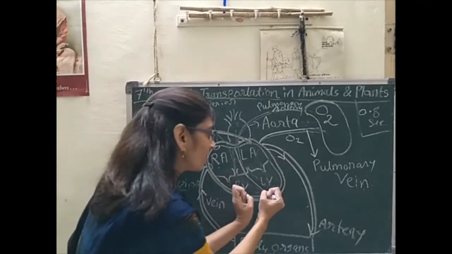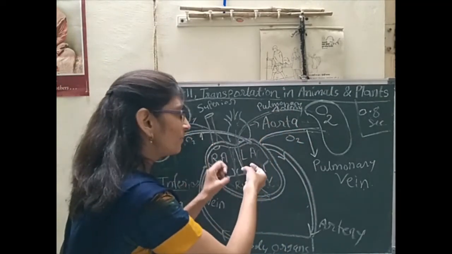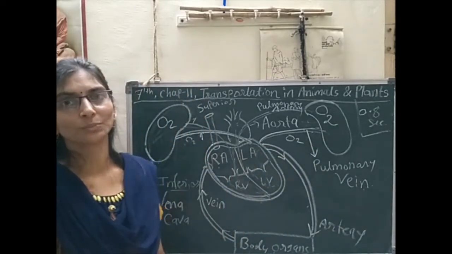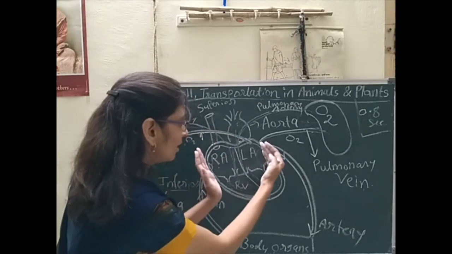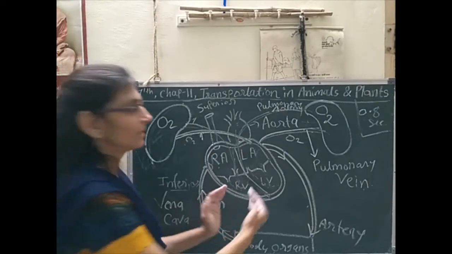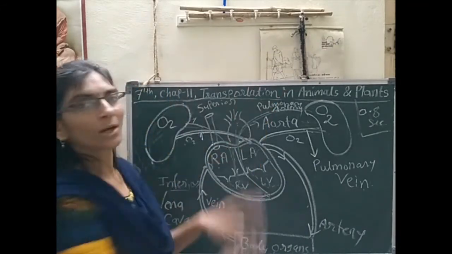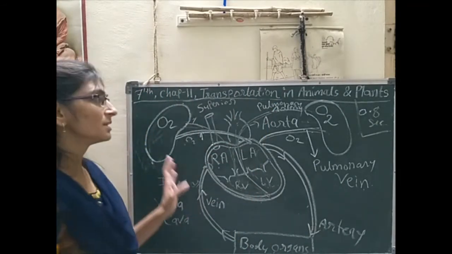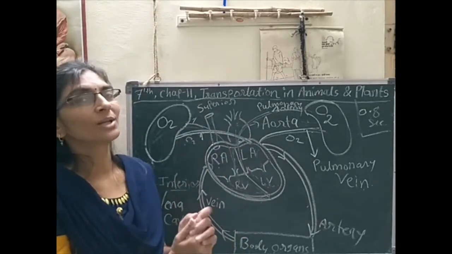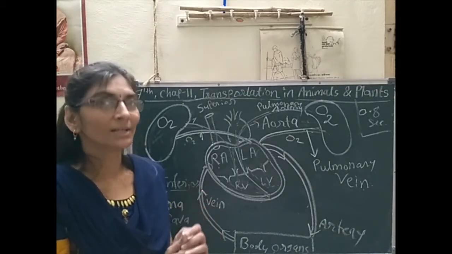As the ventricle contracts, the blood is pumped out of the heart, and at the time of receiving, that portion is relaxed. The same thing happens here also. The atrium contracts, then the blood is poured into the ventricle, and at that time the ventricles are relaxed. When the ventricle contracts, the blood is pumped out of the heart. So this is the double circulation. Deoxygenated blood and oxygenated blood get circulated, so in our circulatory system, double circulation takes place.